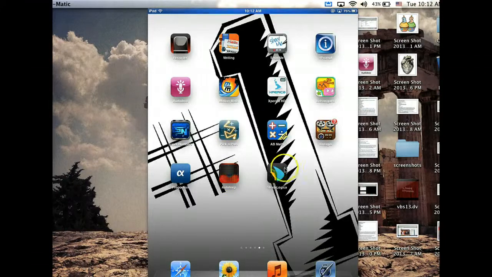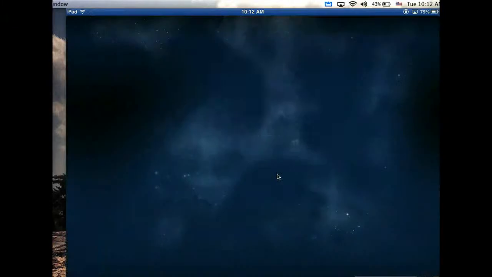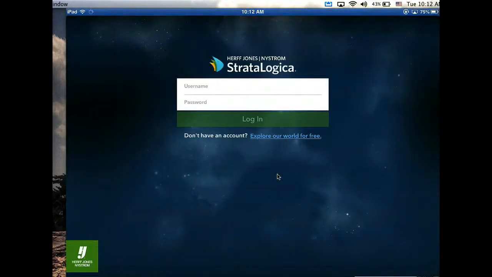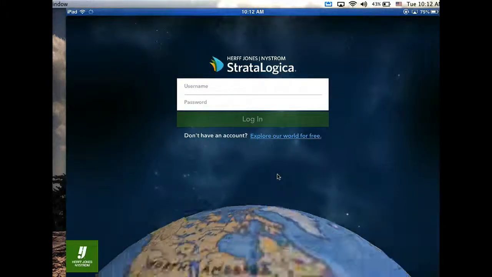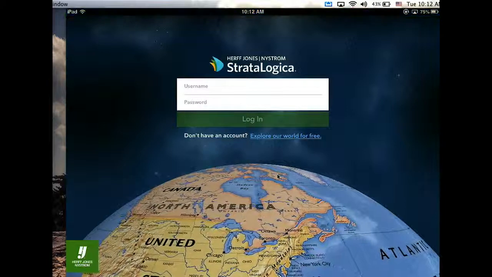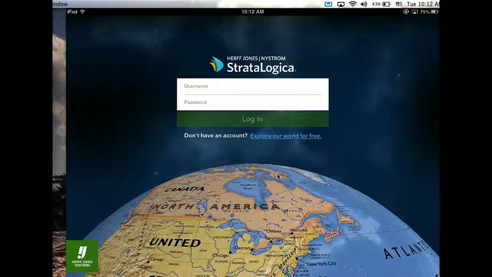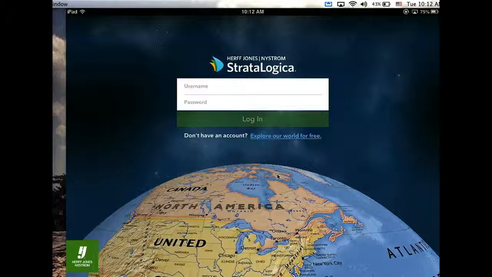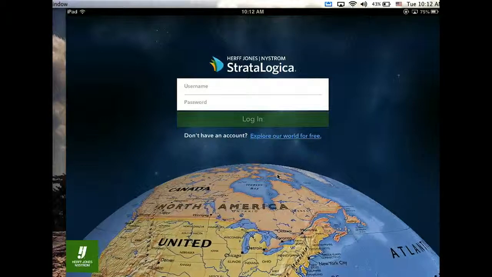Hi, today I want to show you this iPad app called StrataLogica. So when I open the app, this is a paid service by Herf Jones and Nystrom, but they do offer part of it for free, and it does offer a lot of capabilities under the free version. So we're going to click on Explore Our World for free